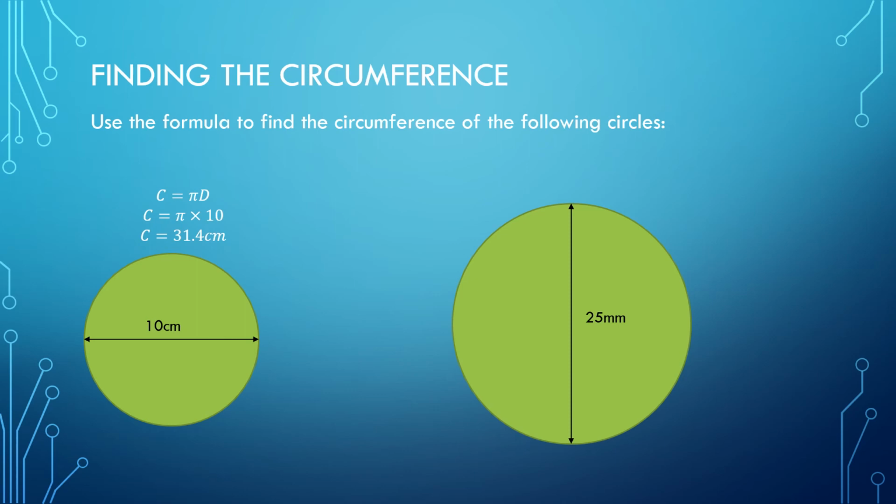Okay, next one. The line's going in a slightly different direction, but it still goes from one side of the circle to the other through the middle. We want to find the circumference, so we're still using c equals pi d as my formula. Next step, substitute in my number, so c equals pi multiplied by 25. And when you crunch the numbers there, find out what that is, your circumference should be equal to 78.5 millimeters